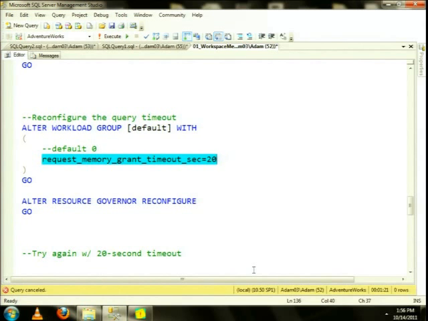especially if you have a mixed workload where there's a lot of small queries coming in, kind of OLTP style, maybe with a few sorts here and there, and then a big reporting query that will come in from time to time. That big reporting query will have to sit there waiting and waiting and waiting if you have constant load. This is a fairly common pattern, especially with a lot of shops that are more 24/7, where a lot of small queries are coming in all the time, and then at night there maybe will be ETL queries or reporting queries that kick in, and they'll have to sit there waiting and waiting. Not a good situation. So what we're going to do is alter my default workload group, set the timeout to